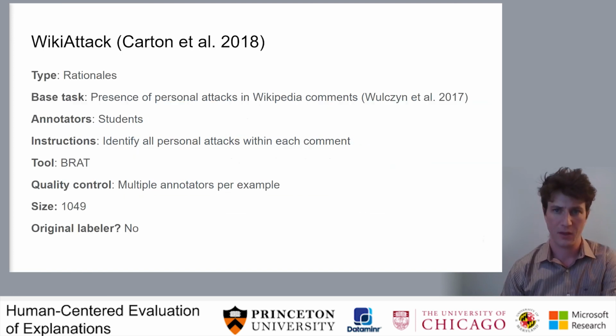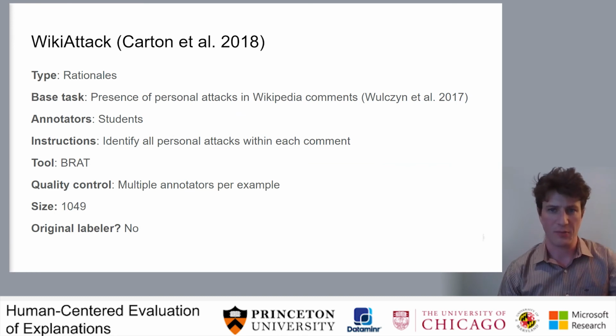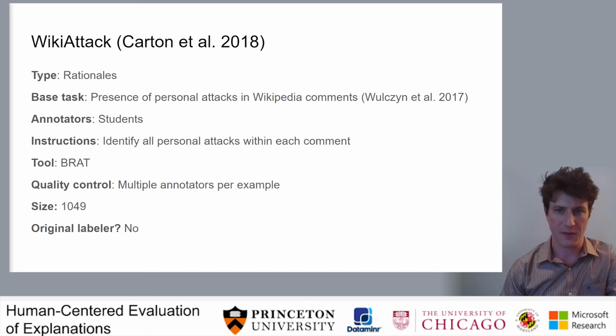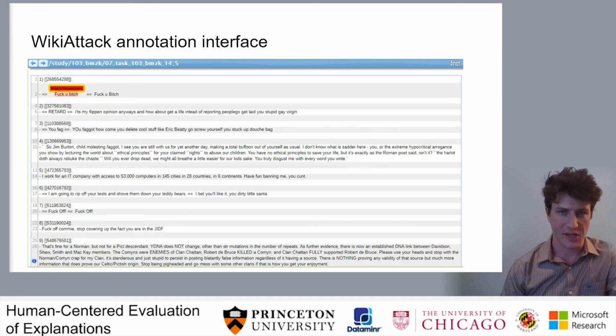appearance specifically. The next example is the WikiAttack dataset, which was similarly sampled from a larger existing dataset, specifically the WikiToxic dataset published by Jigsaw in 2017. For this explanation dataset, annotators were asked to explain whether each comment had personal attacks in it by highlighting all of the personal attack spans within each comment. The result looks like the following, with each individual personal attack identified within the text. This dataset was collected using the BRAT NLP annotation tool, which has been historically popular but is a little bit